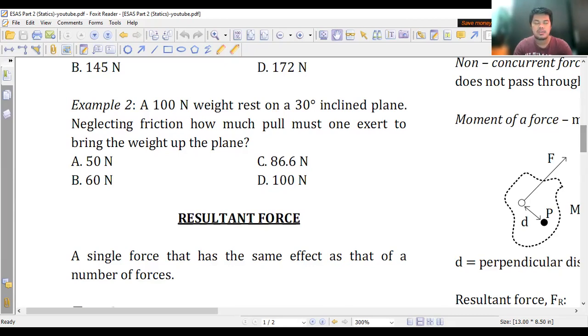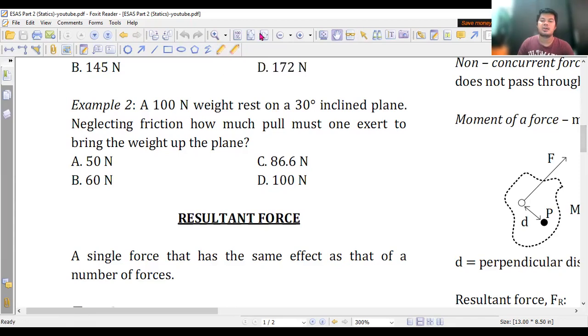When you say force exerted, the effective force that can move the body must be parallel to the plane. So if you have, for example,